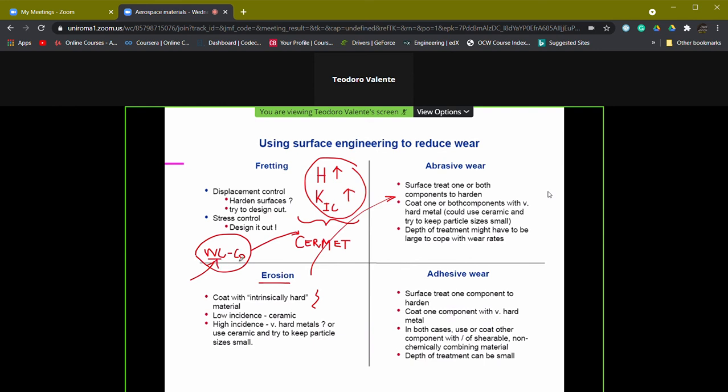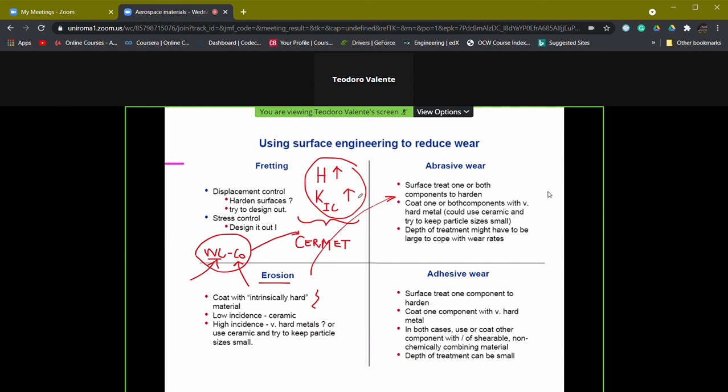At the same time, the presence of a metallic phase reduces the problem of reduction of fracture toughness, because with respect to a full ceramic coating, this allows an increase in fracture toughness of the coatings, and in this case of the surface. And so this solution that we have seen, for example, in landing gears, is one of the most common solutions when we want to